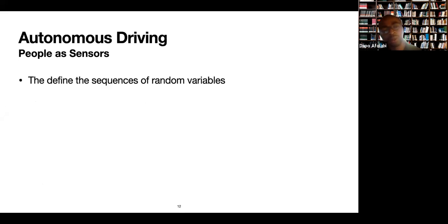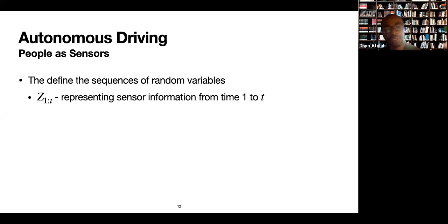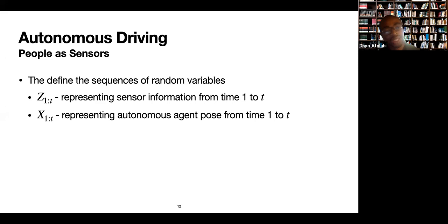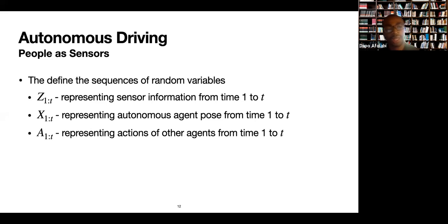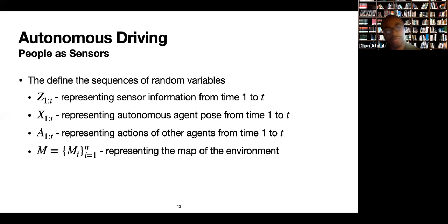For example, we're going to define a sequence of random variables z1 to T as representing sensor information from time 1 to T, where big T is the time of interest, and x1 to T representing the autonomous agent pose from time 1 to T. For example, the autonomous vehicle. And A1 to T representing the actions of other agents from time 1 to time T. Okay, and finally, like I said before, we have this collection of random variables representing the environment